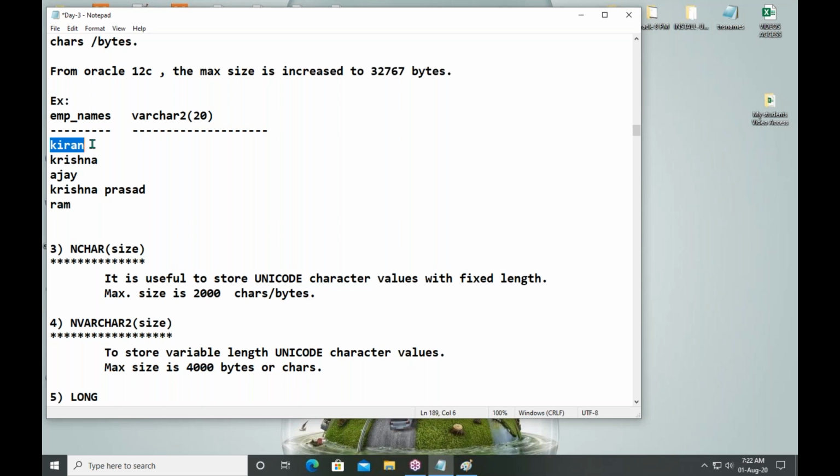The Oracle engine allocates 5 bytes of memory for the first value, 7 bytes of memory for the second value, 4 bytes of memory for the third value, and for the fourth value it will reserve 14 bytes of memory. Whatever the length is, only that much memory is reserved. That is the benefit of varchar2.